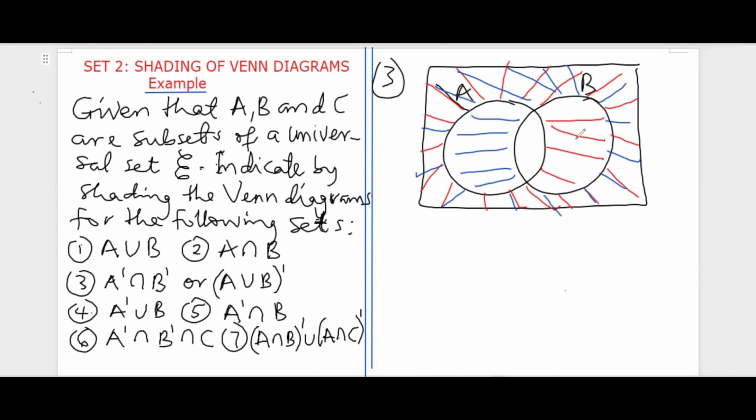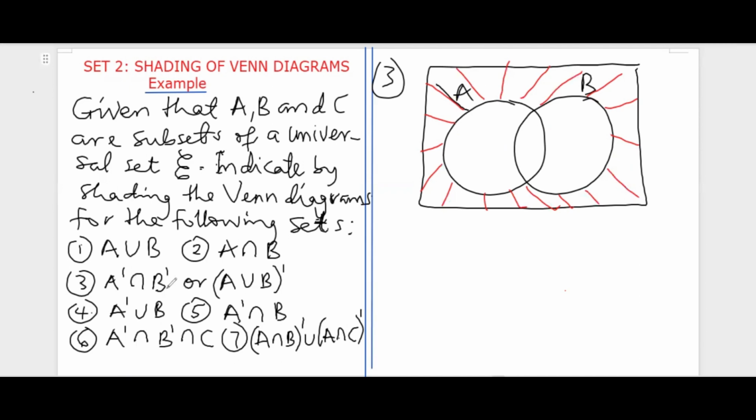Both the blue shading and the red shading, you see that they don't converge here, they don't converge here. Both of them converge outside here. So meaning that the shading will simply be outside alone. So that is A complement intersection B complement, which is the same thing, by De Morgan's law,